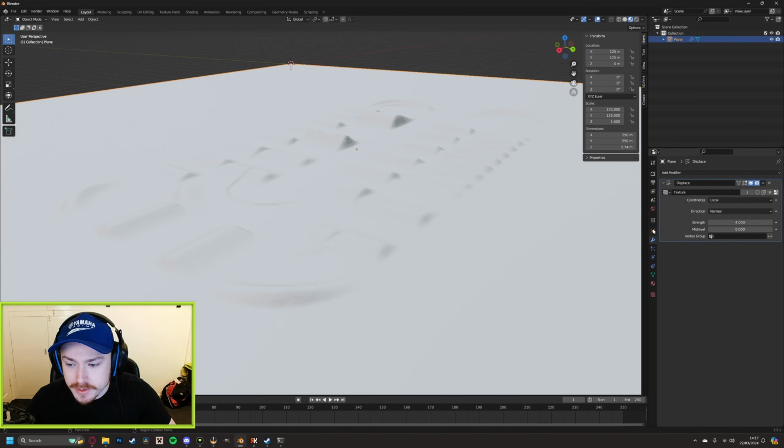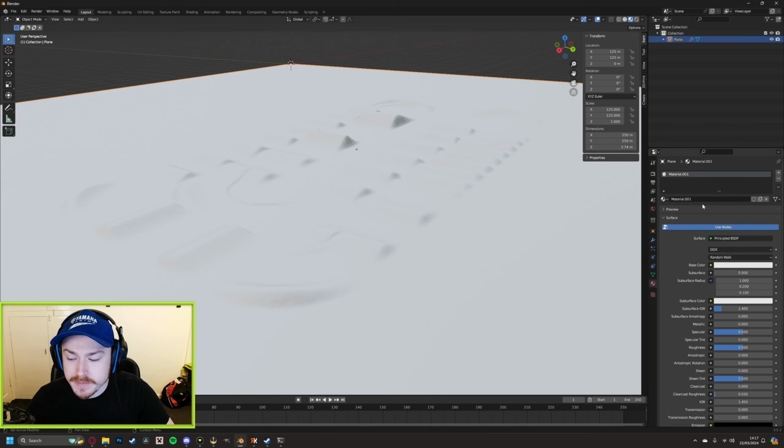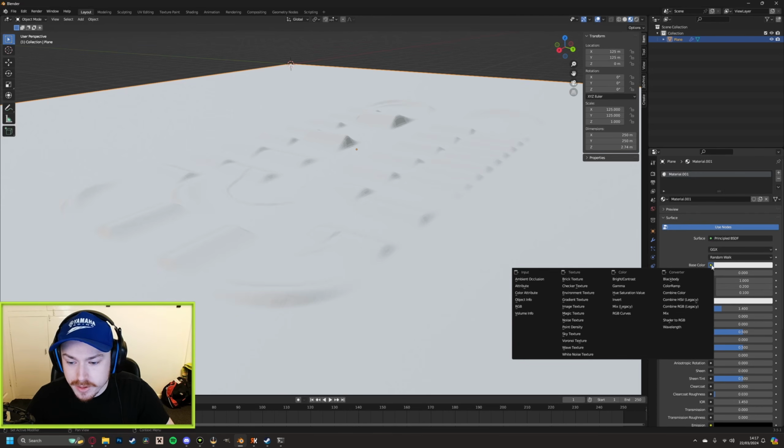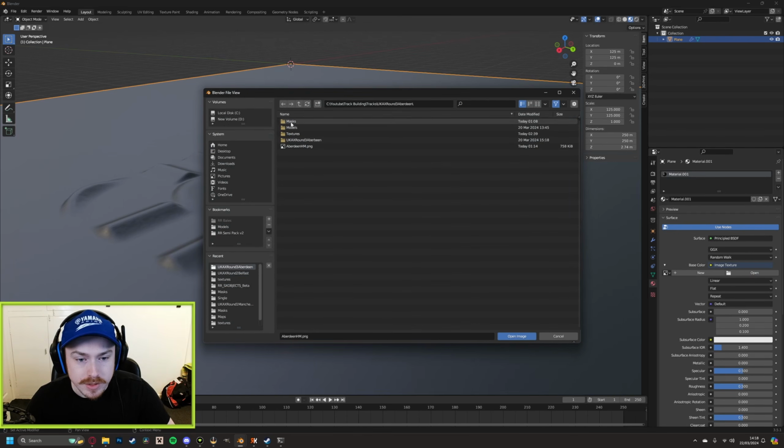And now what we're going to do is on the right hand side here, in amongst all our tabs, the second one from the bottom, which looks a little bit like a picture of the Earth, I would say, says material properties. Click on material properties, select new, and now where it says base color, you've got a little yellowy colored circle. You want to click on that. You want to click on image texture. And now if you press on open, you can select your mask that you had previously,